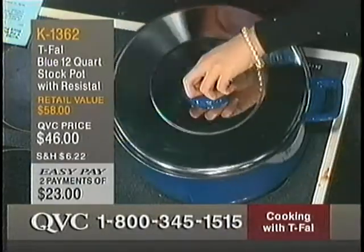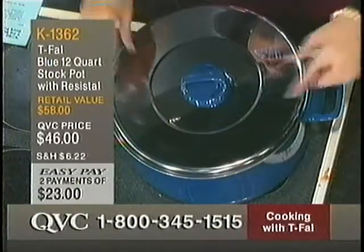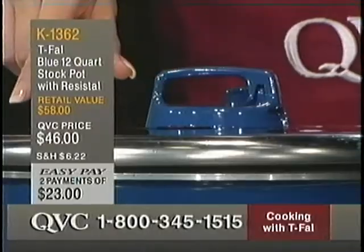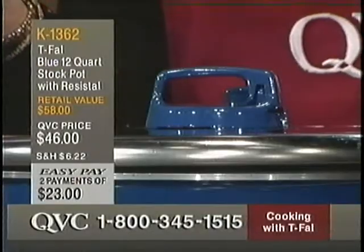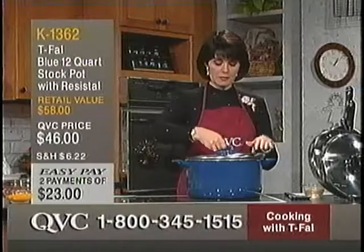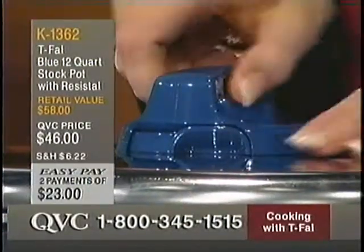Okay, you can put the lid on. Talk about the lid for a second. Your lids, when it comes to the T Fal lids, it's all done in stainless steel. It's going to make it a little bit more scratch resistant. You'll also find that these lids won't dent, so if it falls out onto the kitchen floor when you're trying to pull it out from underneath the cabinet, you'll find that this is not going to dent, it's not going to lose its shape. Also, it has a vented handle so that if you need to let the steam out,